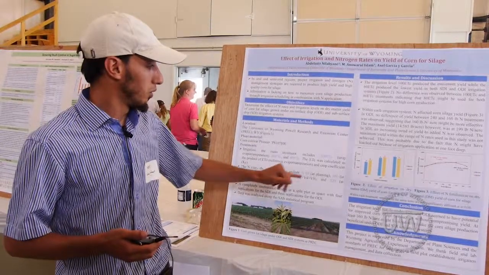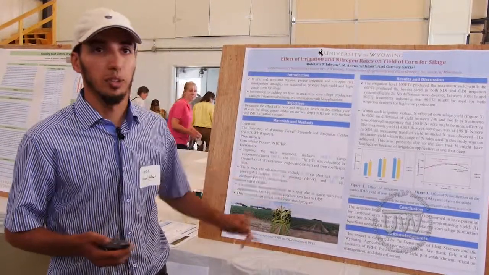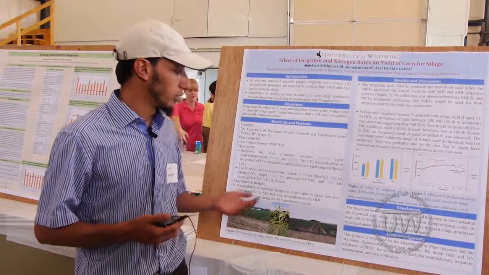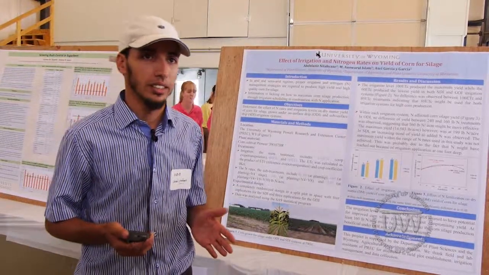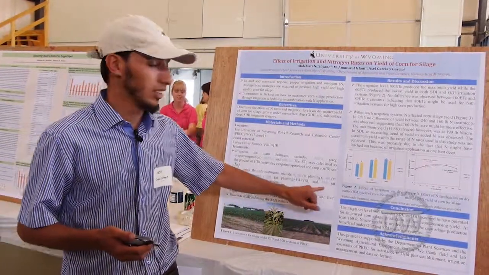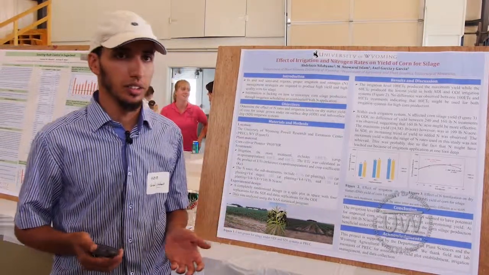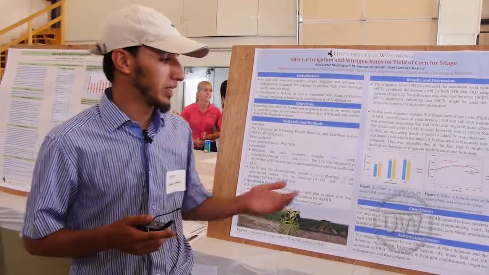So here I have different irrigation treatments. I have 100%, 80%, and 60% ETC. And for the nitrogen rates, I have 5 nitrogen rates ranging from 0 to 320 pounds per acre. In my poster, I just presented the